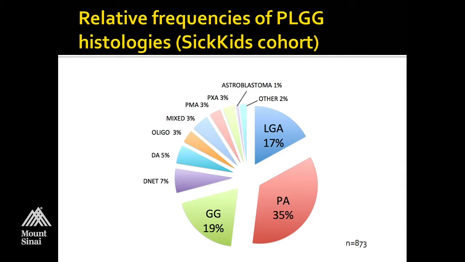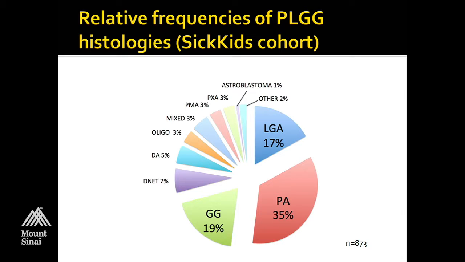This is looking at the relative frequency of these different entities. This is our SickKids cohort. So this is 873 patients with low-grade glioma diagnosed at SickKids. And so you'll see about a third of our cases are pilocytic astrocytoma, about 20% are ganglioglioma, and then we